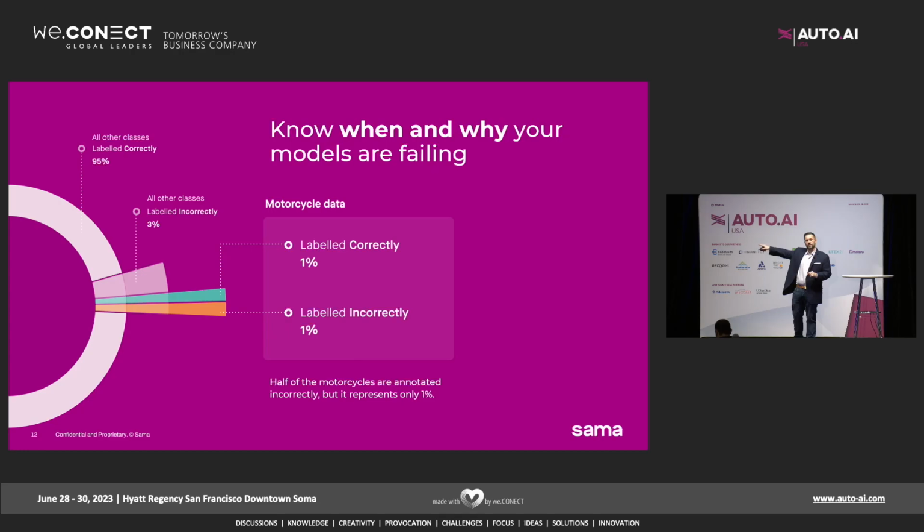You can see 3% of the errors come from all other classes, but 1% of the errors here are from motorbikes. And there's only 1 other percent that's actually annotated correctly. That would mean that in this data set where you've hit 96% quality, 4% errors, 50% of them reside within a specific class. How do you think your model is going to perform on motorbikes when you're dealing with data like that? Quite a simple example, but hope you can see where I'm going with that.